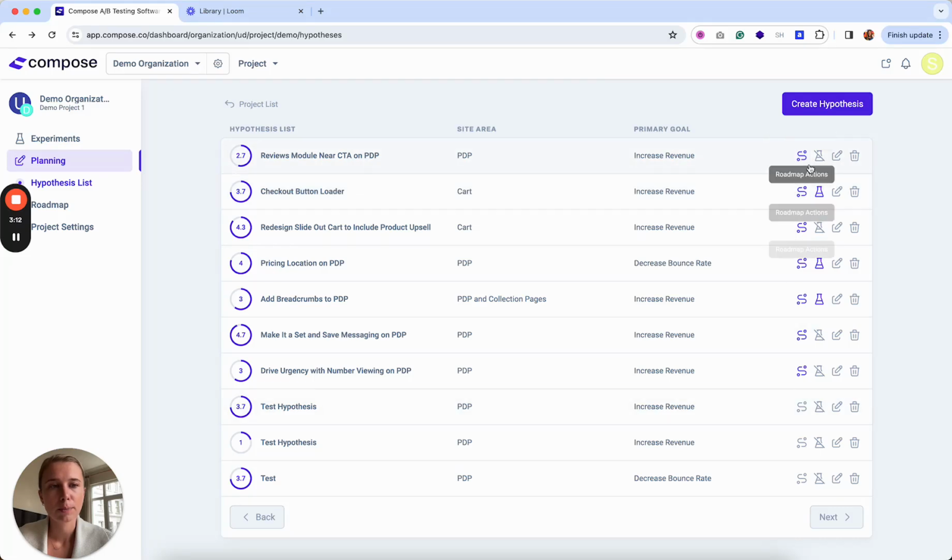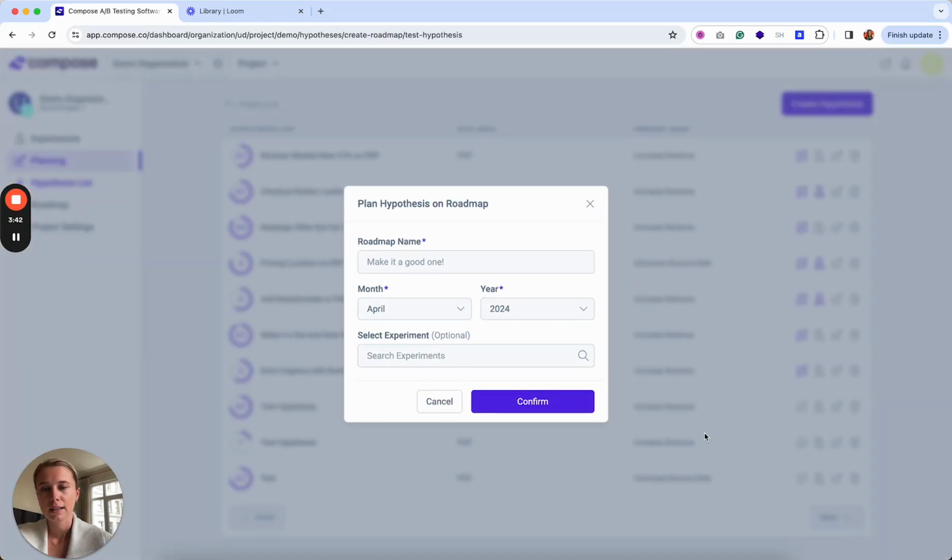So any of these purple hypotheses are actually already scheduled onto our roadmap, and any that are in gray are not yet there. So you have an option whenever you click this to either view it on the roadmap or add it to the roadmap. You can add the hypotheses multiple times. For example, if you want to retest it because you're making a change, things like that, you can add them multiple times. But we're just going to add this test hypothesis that we just created, and you give